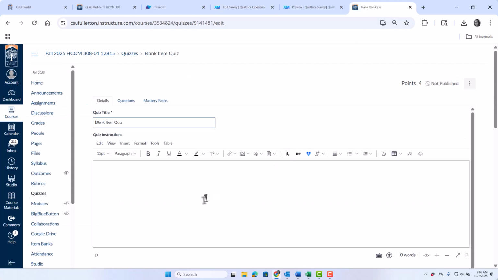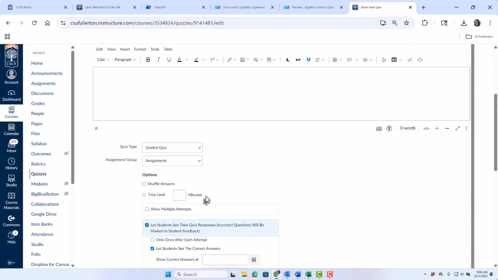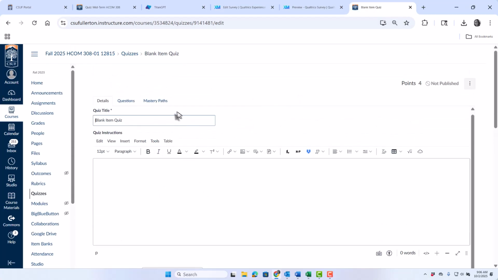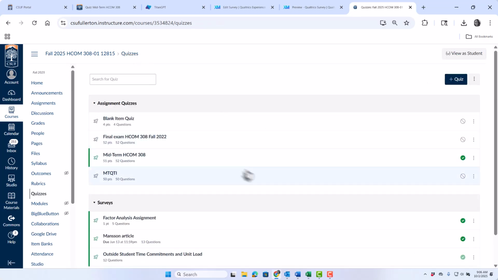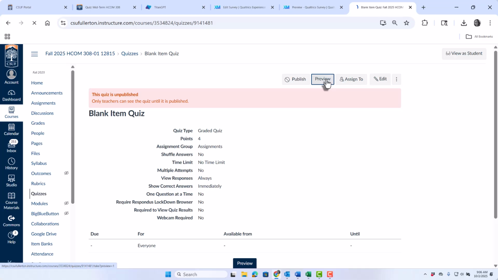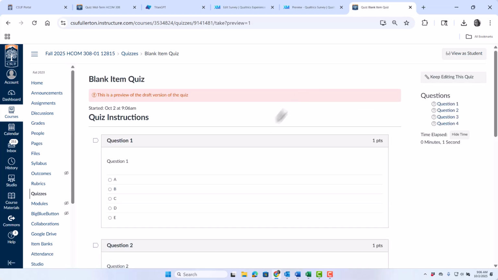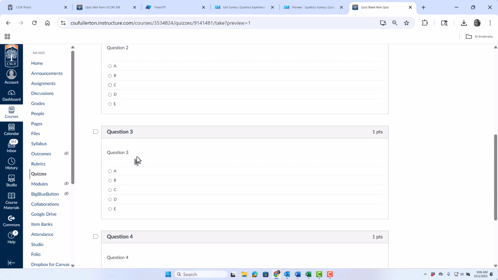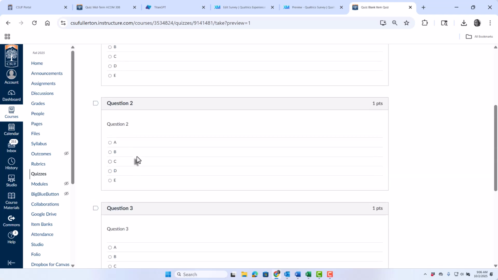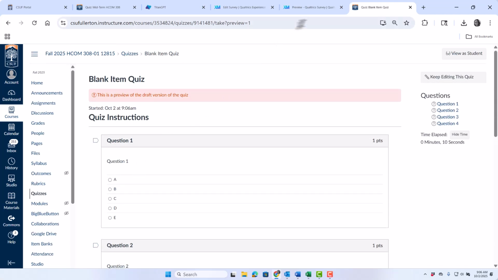Now, that is possible. Here, I've done the same thing. I've created these questions here, and I've created one here. So it's a blank item quiz. You got it like this. And then if you preview it, the students will see something that looks like this. So they have the paper one for question one. This is all they see, so they can't cut and paste anything. That takes care of that problem. Okay, but